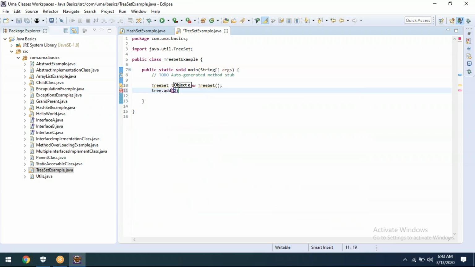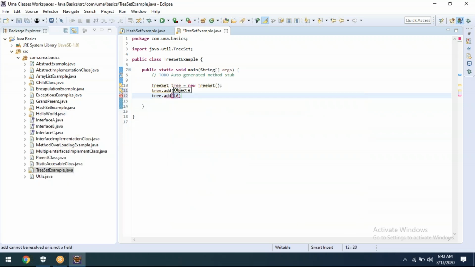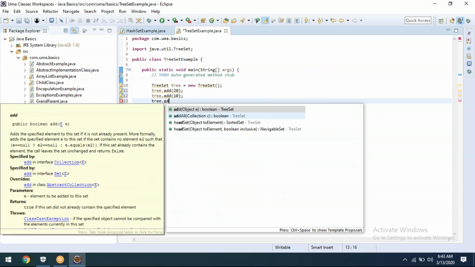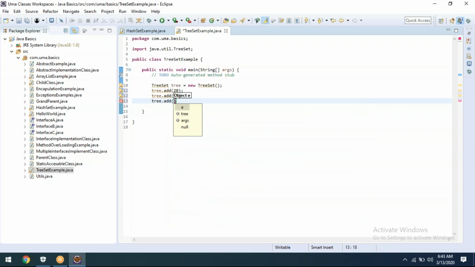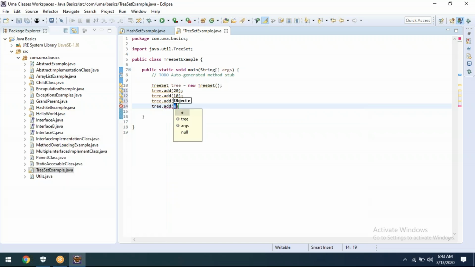Now, let me add the objects. Tree dot add 20. Tree dot add of 10. Tree dot add of minus 100. Here we need to learn something. Tree dot add of 50.